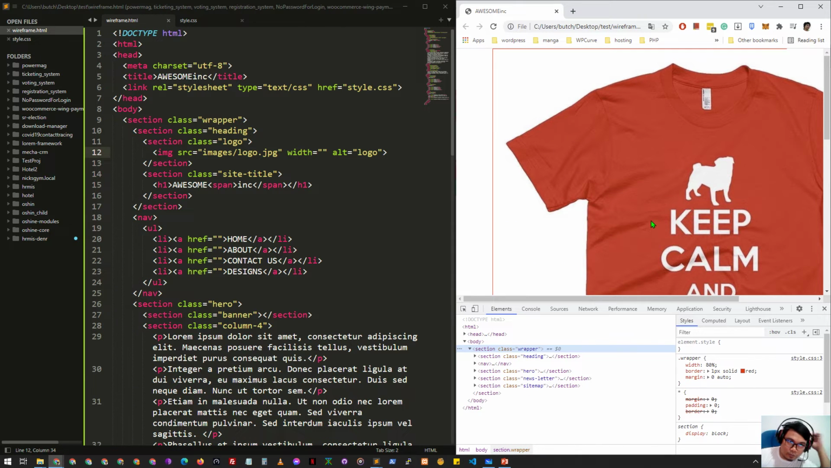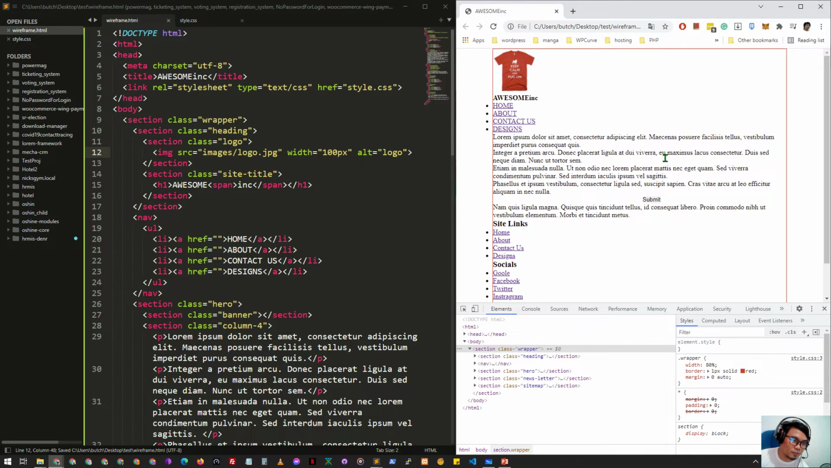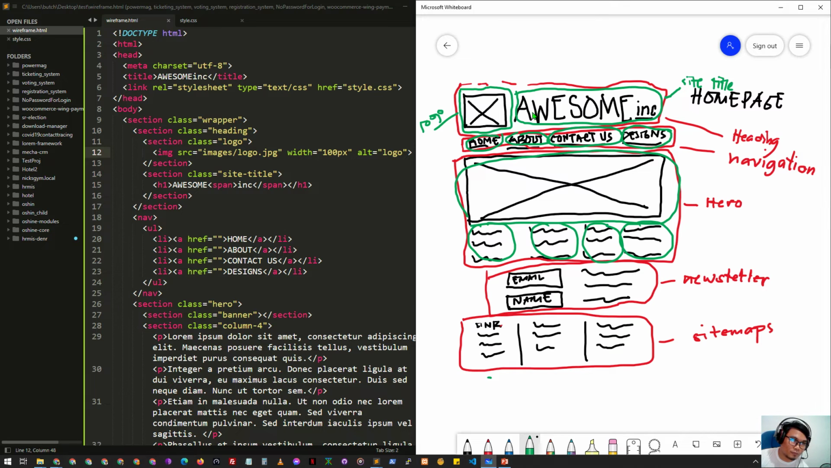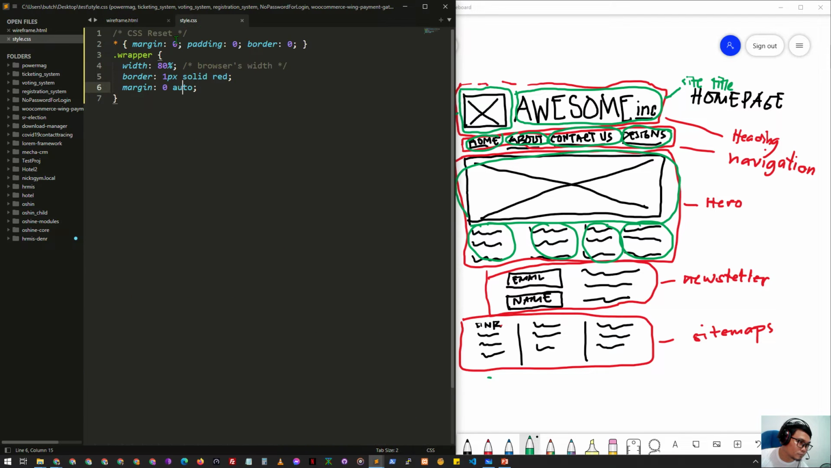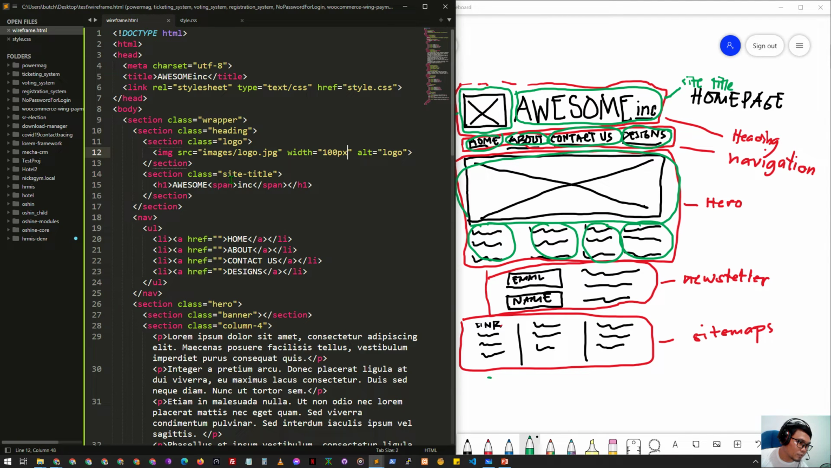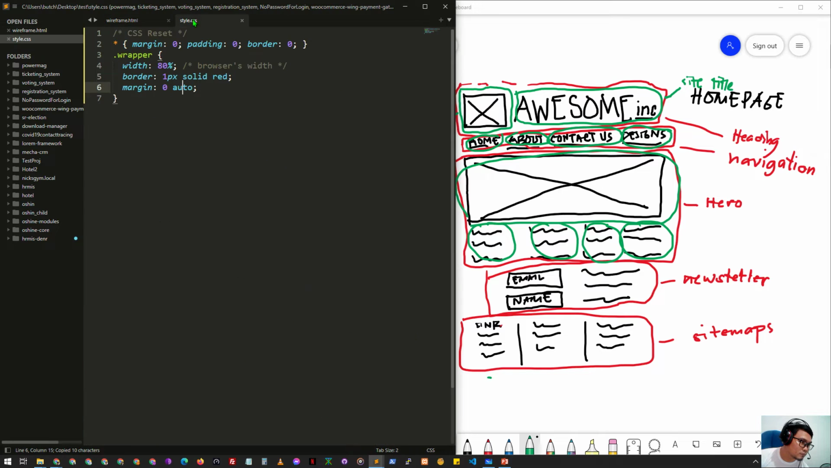Okay, so it's very big, so we'll just adjust the width of the logo. Let's say 100 pixels. Okay, looks fine. The next is our site title. The site title has the same height as our logo. So let's assign that with... okay. So our site title, let's give it a